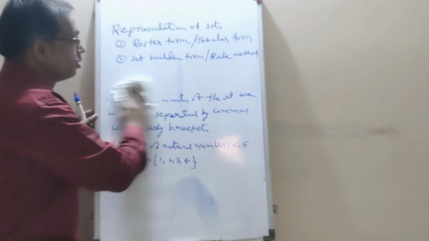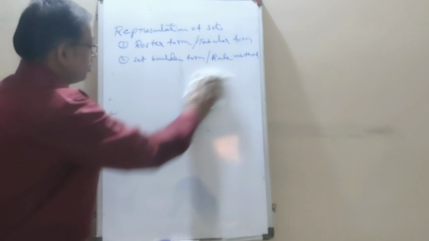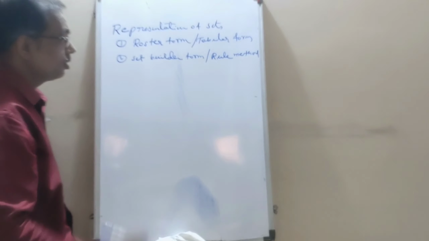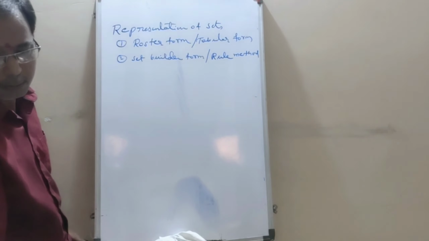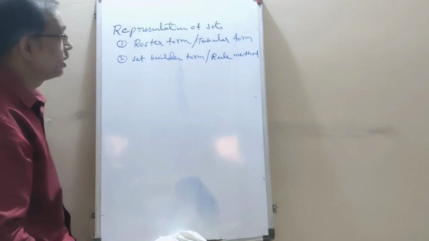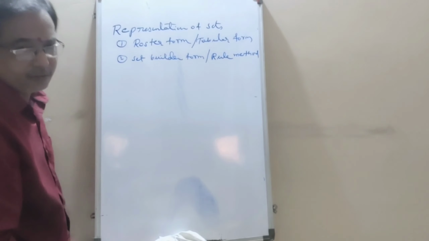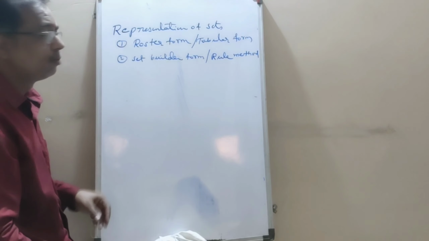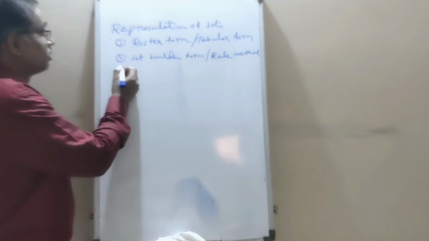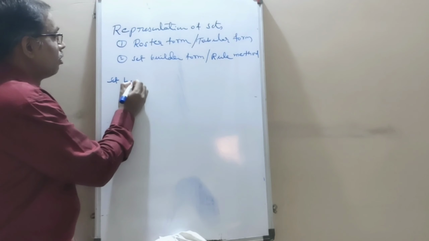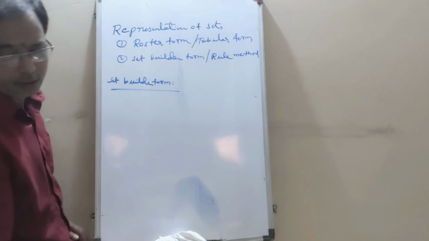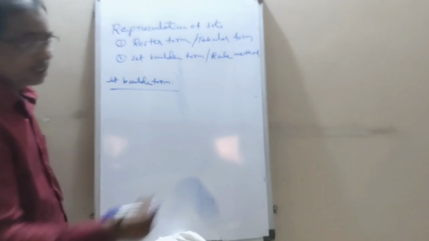In set builder form, the set is represented by a property, using a representative. For example, x such that x is a natural number less than 5. So like that, here x is a representative and x less than 5 is a property. So here in this method, in this set builder form, a set is described